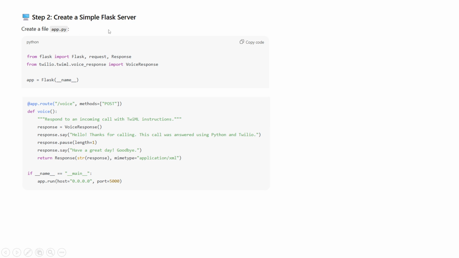Next, create a file named app.py in your project folder. At the top, import what you need. From flask, import Flask, request, Response. Then from twilio.twiml.voice_response, import VoiceResponse. Create the app with app = Flask(__name__). Add a route, for example, @app.route